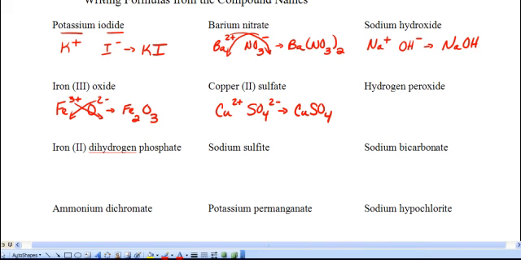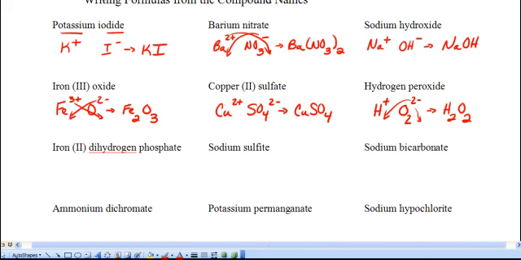Hydrogen peroxide. Hydrogen peroxide is the stuff you buy in the brown bottle. It's an antiseptic that you pour on your cuts. Hydrogen is above the alkali metals. It's a +1. Peroxide is a polyatomic ion where it's O2 with a 2 minus charge. The 2 goes down with the hydrogen. The 1 goes down with the peroxide, so in this case it is